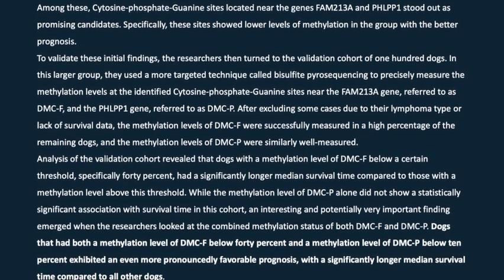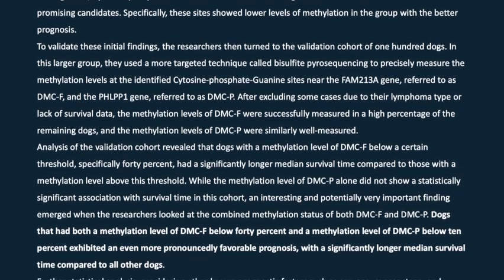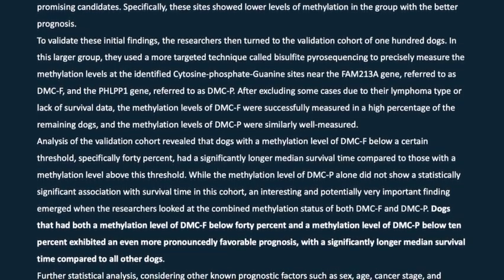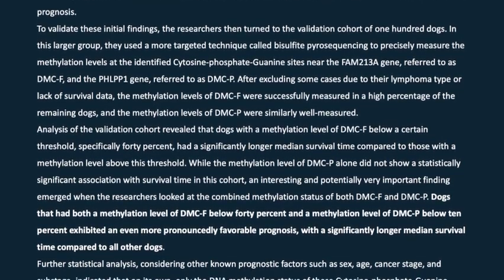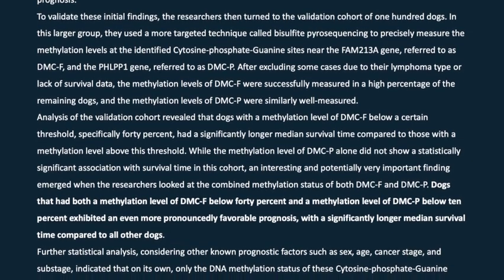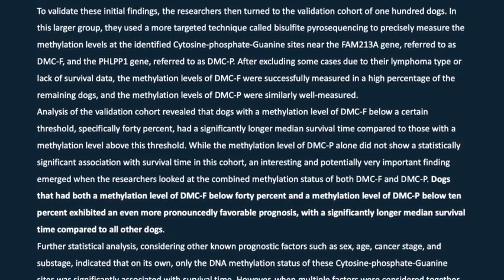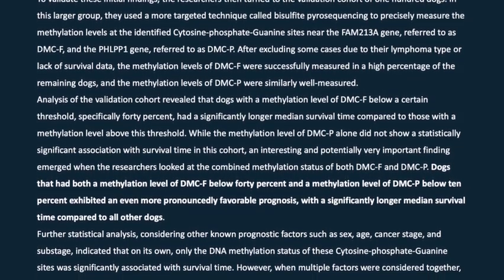Analysis of the validation cohort revealed that dogs with a methylation level of DMCF below a certain threshold, specifically 40%, had a significantly longer median survival time compared to those with a methylation level above this threshold. While the methylation level of DMCP alone did not show a statistically significant association with survival time in this cohort,